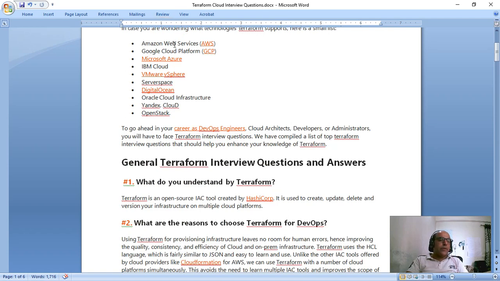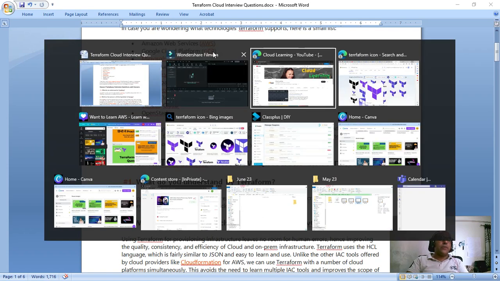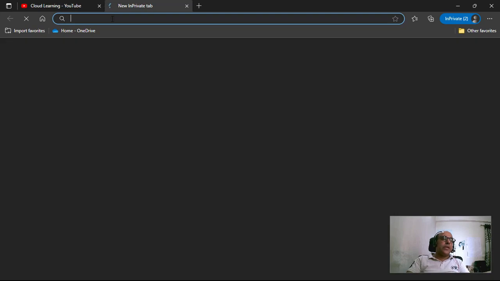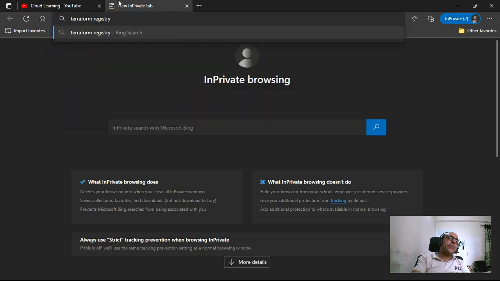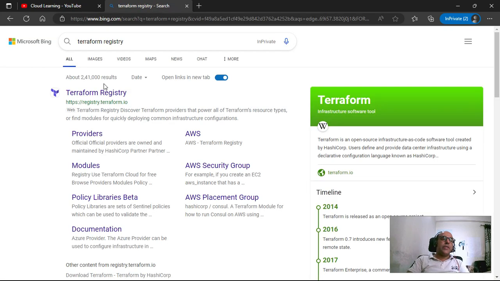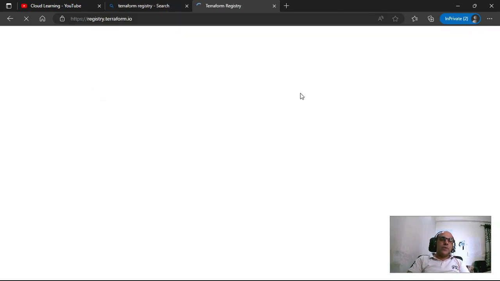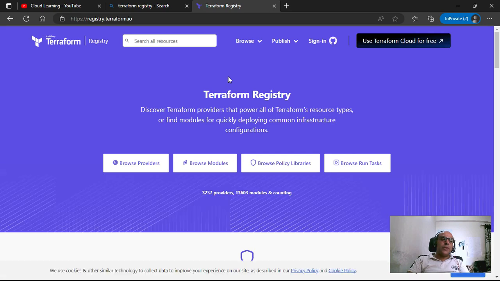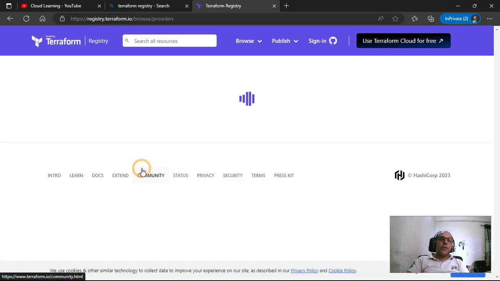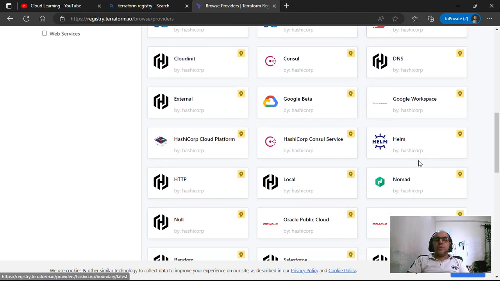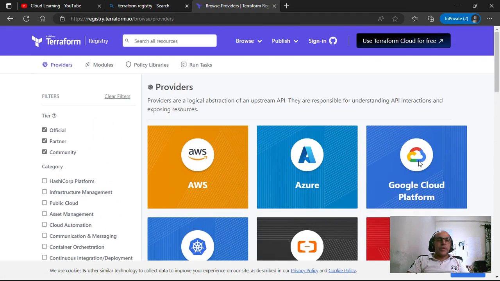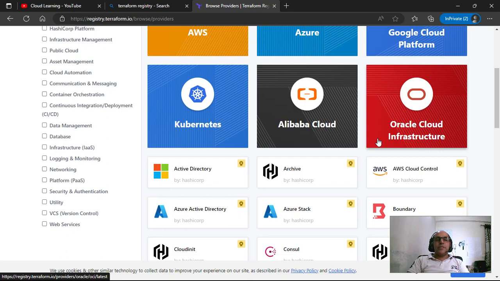If you go to the Terraform website, definitely you can have a look at this. In the Terraform registry, you can see which providers are available. Go there and you can see the complete list of Terraform providers. If you click on browse providers, you can see how many it is supporting. This is very useful, and it supports most of the clouds.